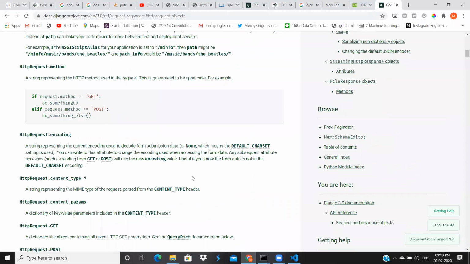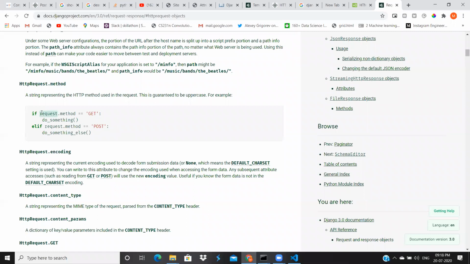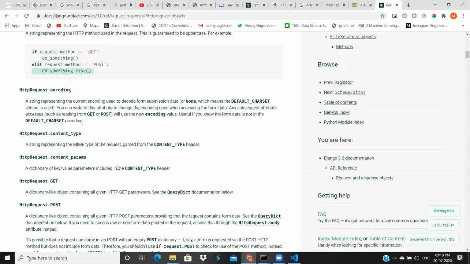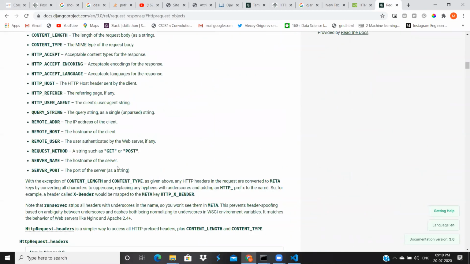Yeah, if you observe here, this is the Django official documentation. This is the way: if request.method equals get, we give resources to the user. If request.method equals post, then we have to deal with the data. Whatever data we are getting from the user, we have to deal with it. Here we have some methods to access the data.